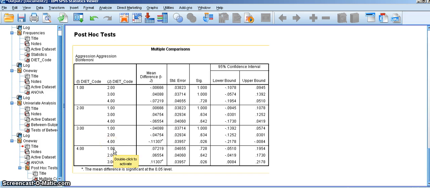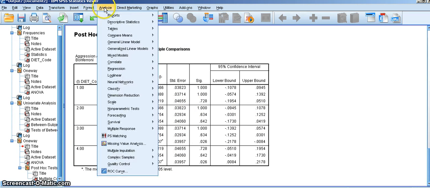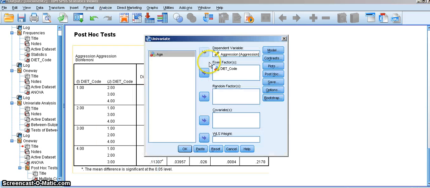It works both ways, but the way SPSS does it, it actually lists every pair twice. But you don't have to report them twice. One is just enough. And again, if you go under the other path with the univariate, it's the same format. We have a post hoc button